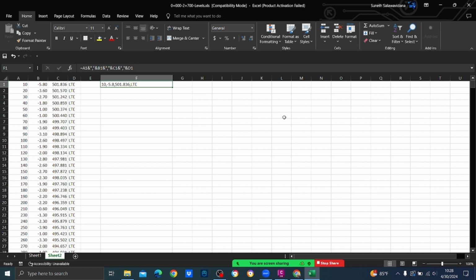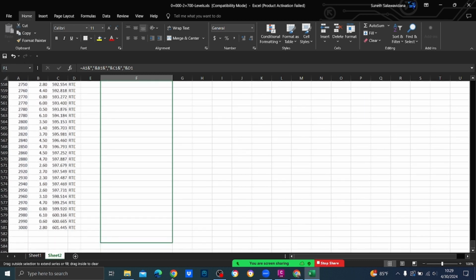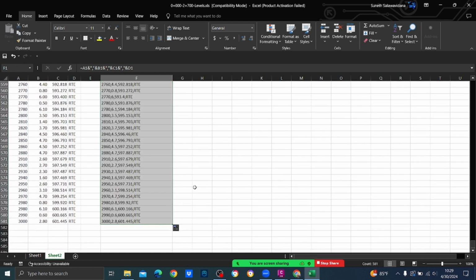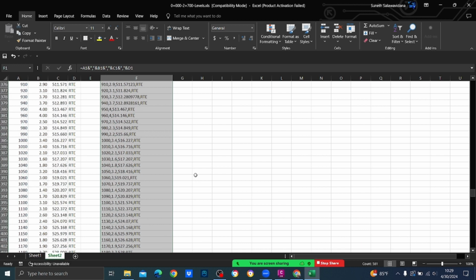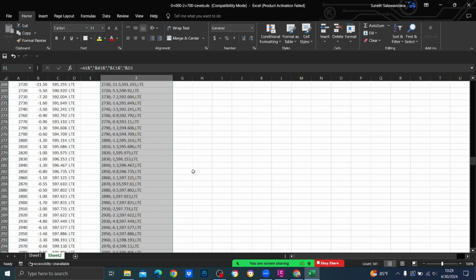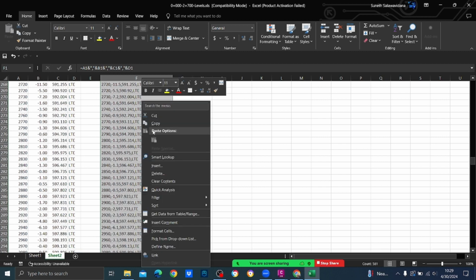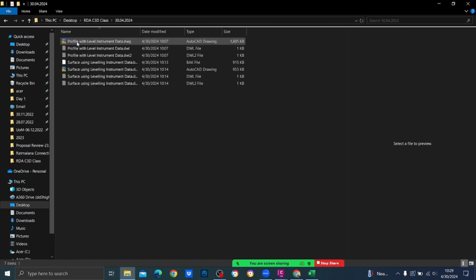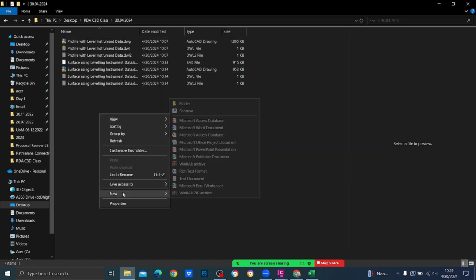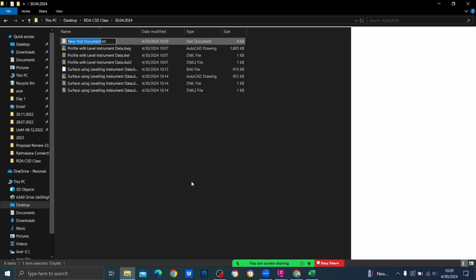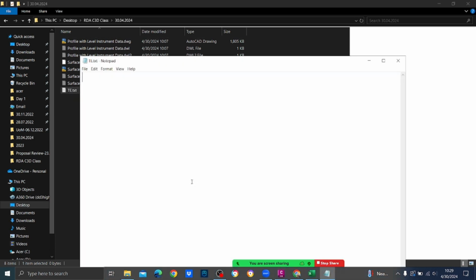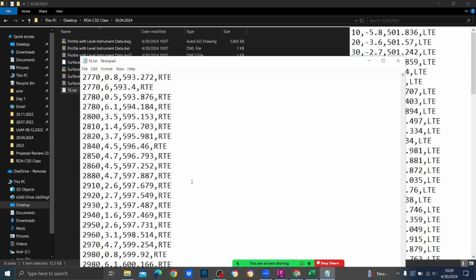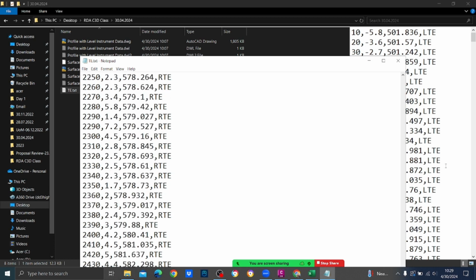Okay, right, then drag it down. Drag it down and then copy this column. Copy this column, and then you go to your folder and take a notepad and name it as TE, double enter, and paste. Save the notepad. Okay, and you have saved it,